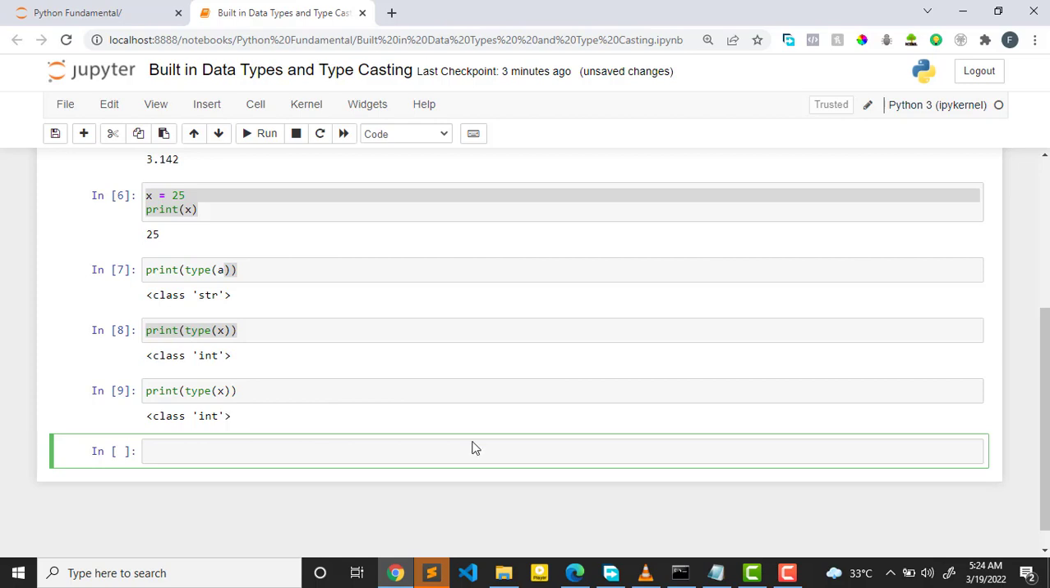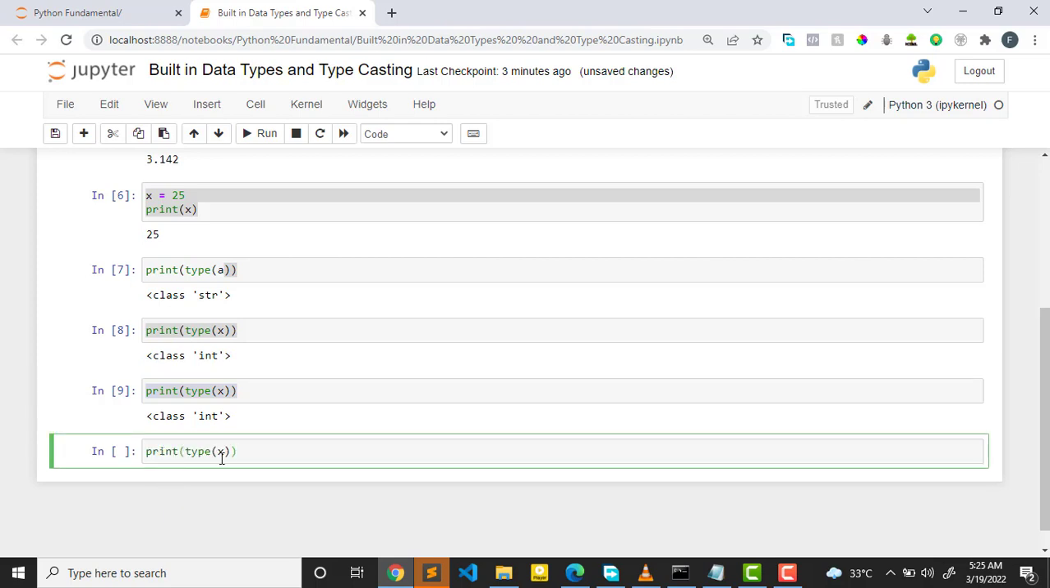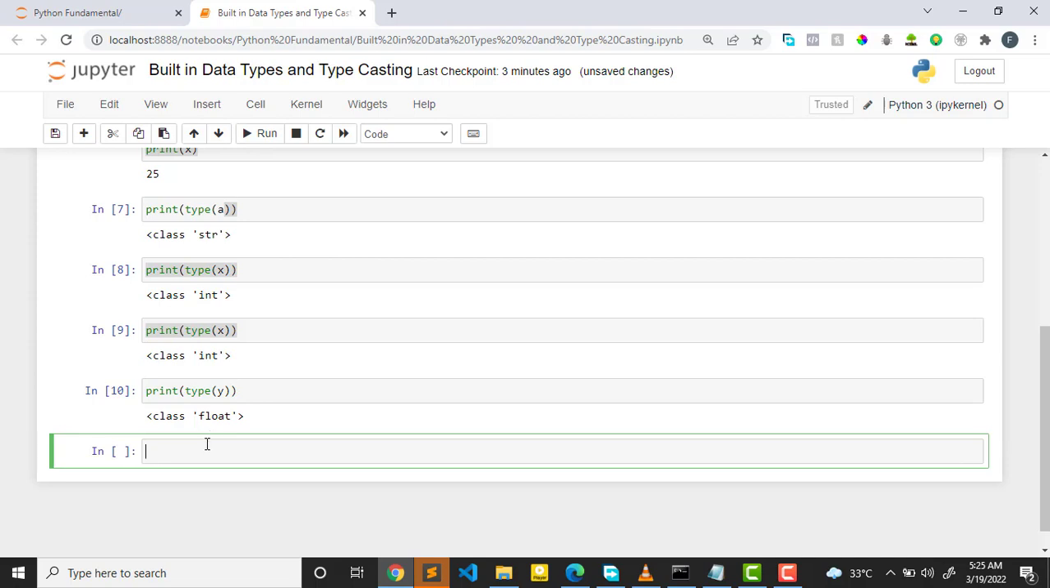But if this one is Y, it's going to give me what? Float. You can see it gives me float. So you understand the concept of data type, and you understand how to verify what type of data you are using. What if you want to change